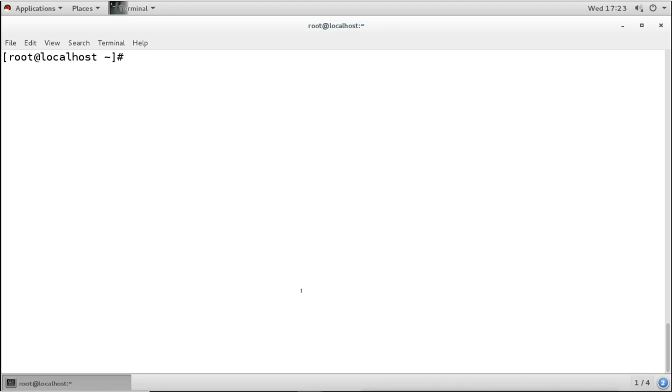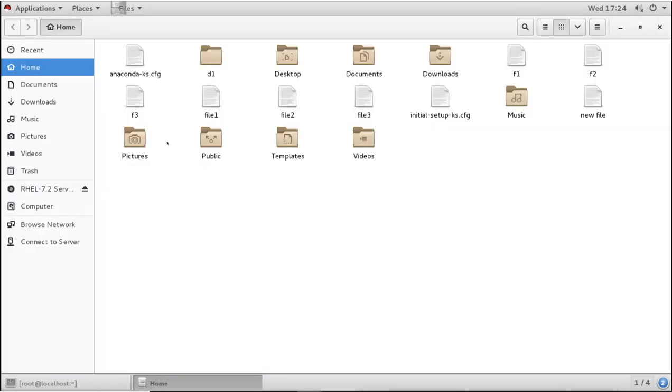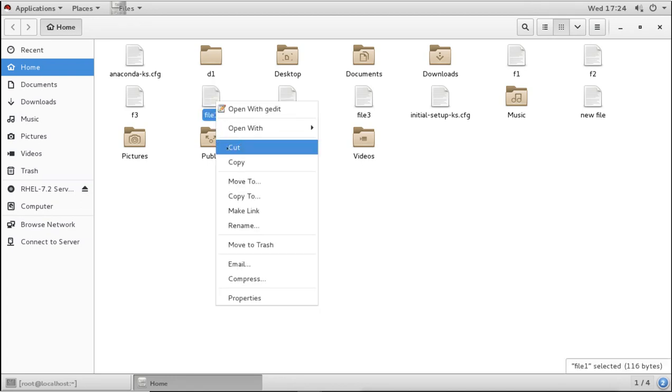Now after copying, the next thing we do is moving the files or directory. Moving means very simple, it is cut and paste. Graphically, we do the same as copy. We go to the place where we have the files or directory, select the file, right click, and select the cut command.